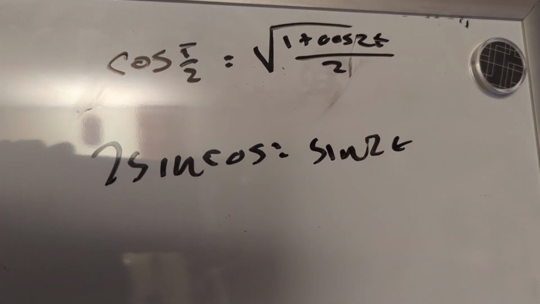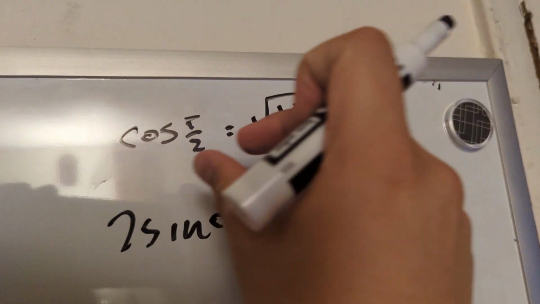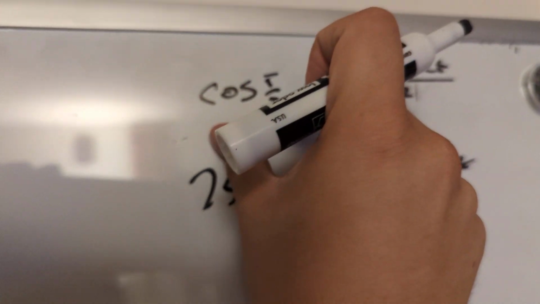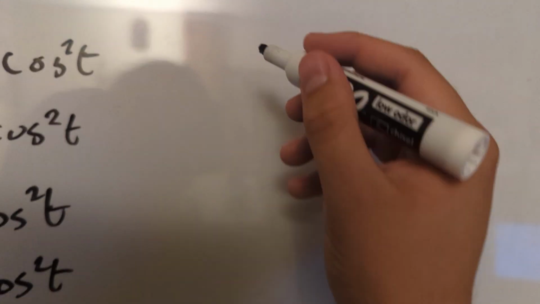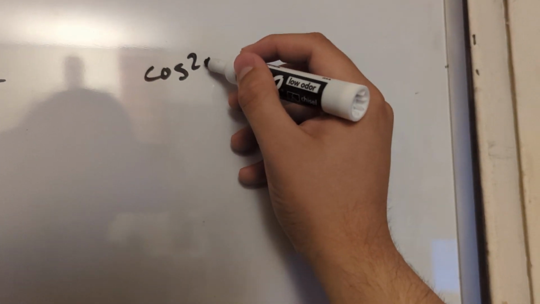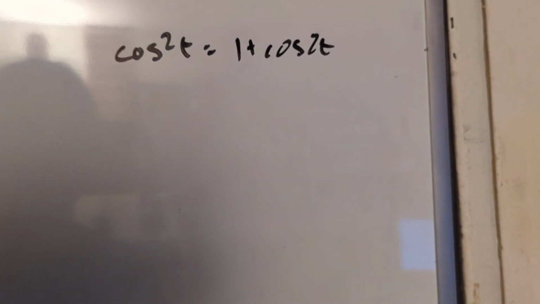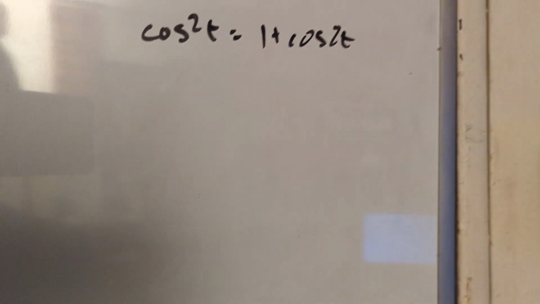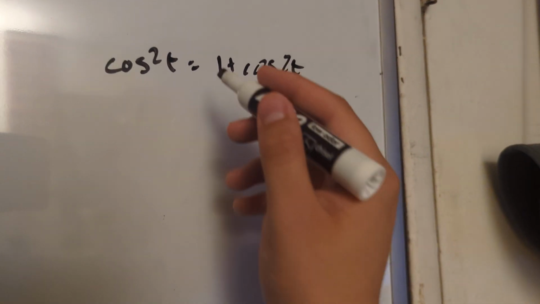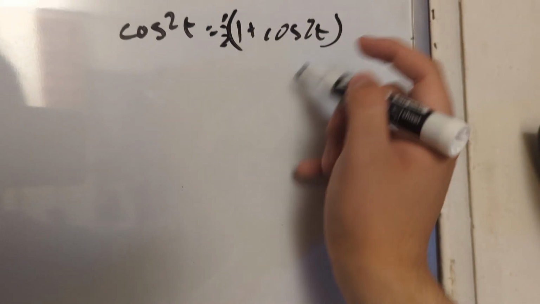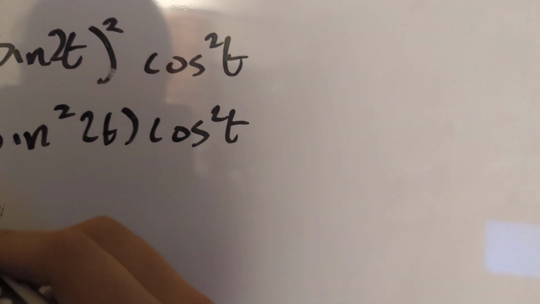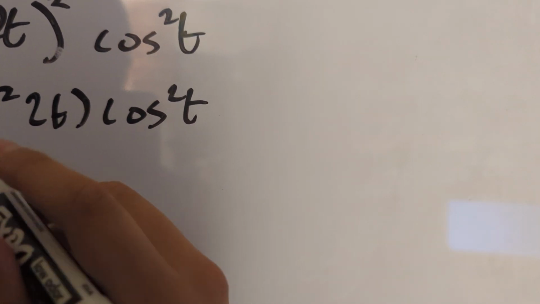Afterwards, we want to use the half angle identities here. The sine and cosine are basically the same, but once you solve for cosine t and sine t, you are actually going to get cosine squared t is the same as 1/2 times 1 plus cosine 2t. What's crazy about that one is we can use them for both scenarios, except in this scenario it would be 4. So it would be 1 minus